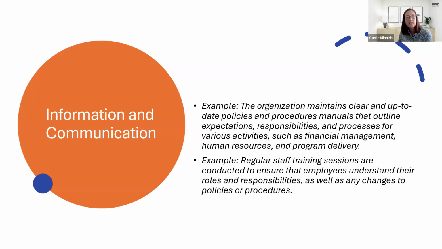making sure that when changes are made, those changes are communicated to everyone that needs to be aware of them, making sure that there's regular staff training on sessions that they need to know about. If you have a new government grant that you just received, making sure that everyone is aware of the requirements and what needs to be done with that. So again, it's communicating to everyone that's involved so everyone knows what's going on. If they don't know what's going on, they can't follow the controls or policies.